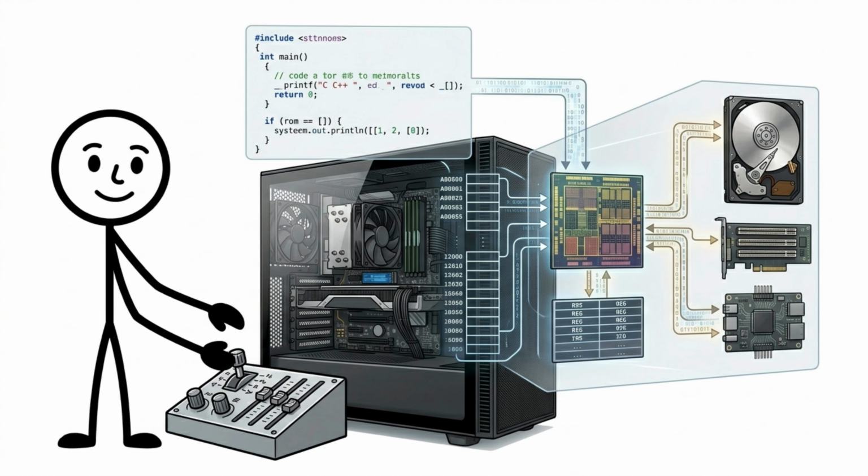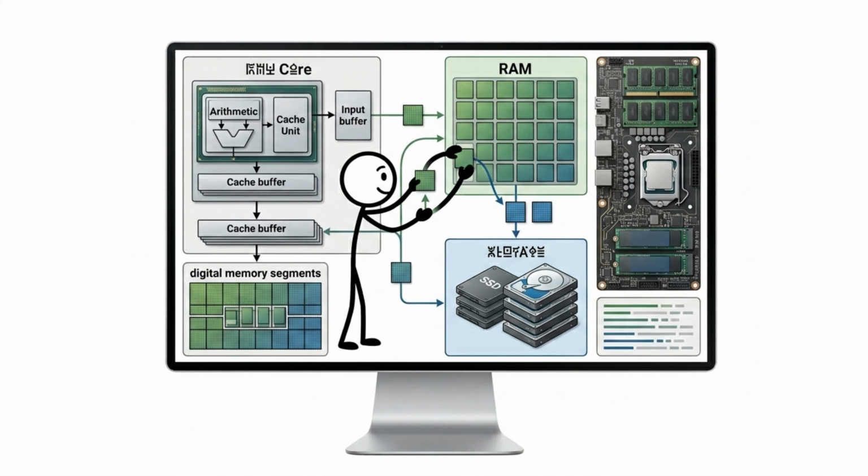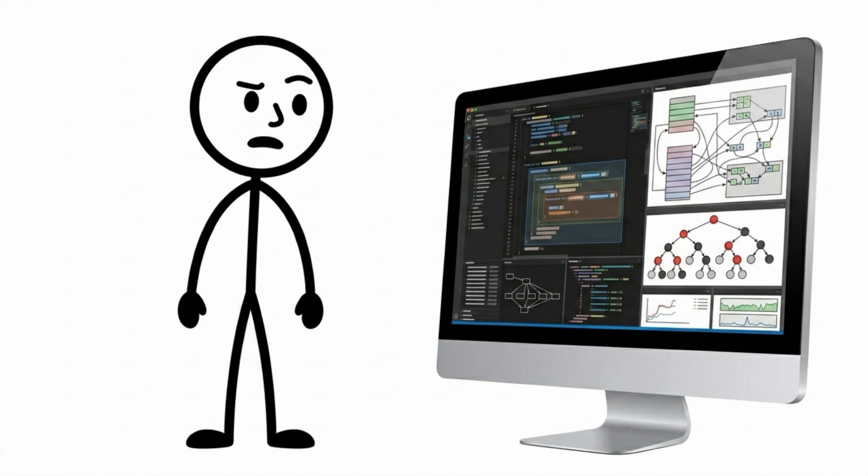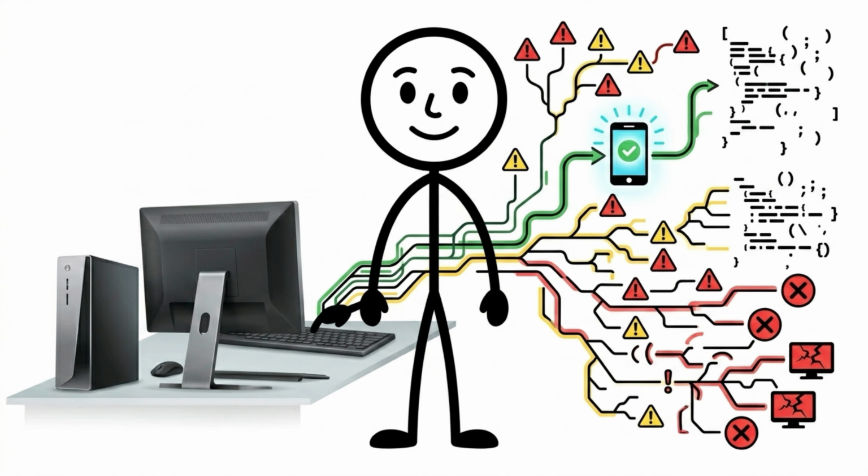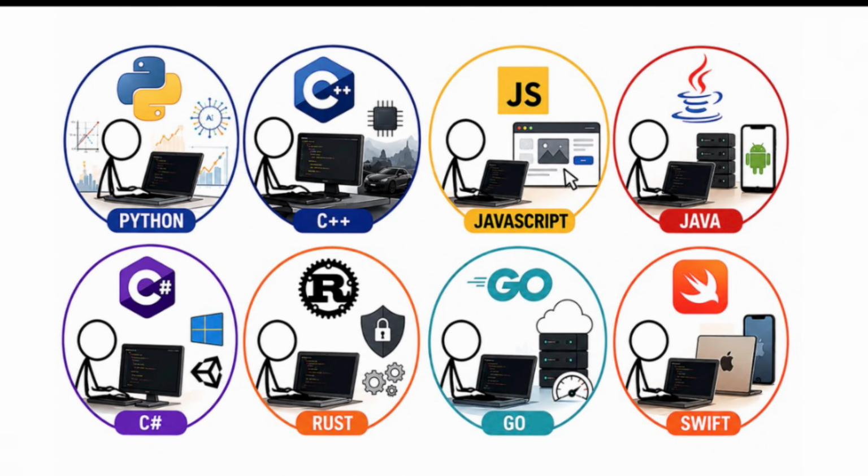One of its biggest advantages is low-level control. Developers can work directly with memory and carefully manage how programs use hardware resources. The downside is complexity. C++ gives programmers a lot of freedom, but that freedom also means there are many more ways to make difficult mistakes.